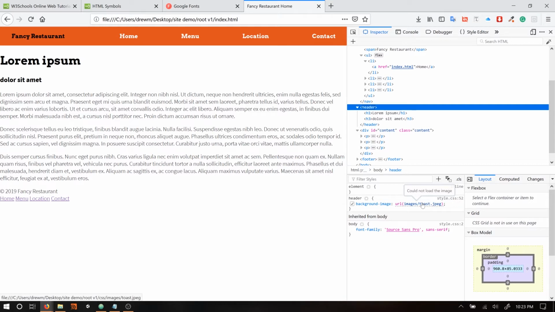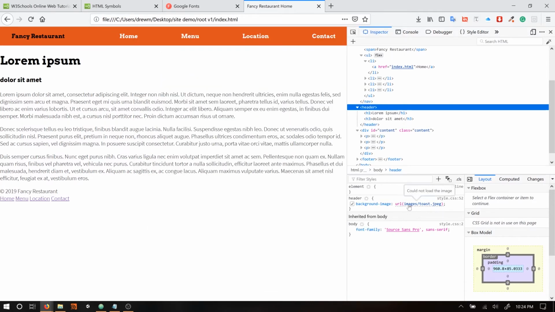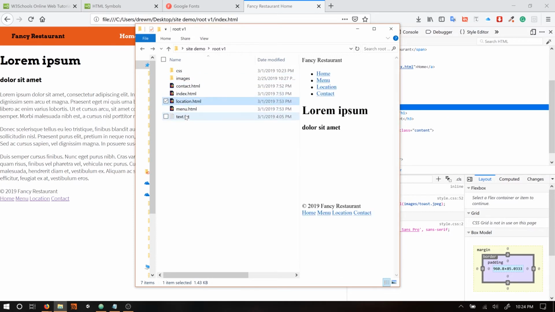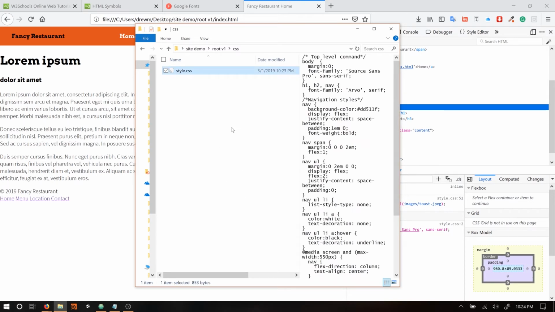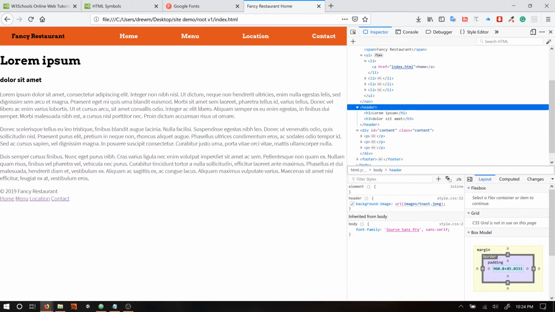This is part of relative links. When you're linking, it's relative to the file that you're linking from. And essentially what this is saying is look in the images folder for the toast.jpg. Well, if I look in our file folder, we have an images folder, but we're not linking from one of these HTML files, we're linking from the CSS file. So it's relative to the CSS file. And if I open up the CSS folder and look around, there's no images folder here. So we need to tell it to go back up out of the folder that it's in to find this